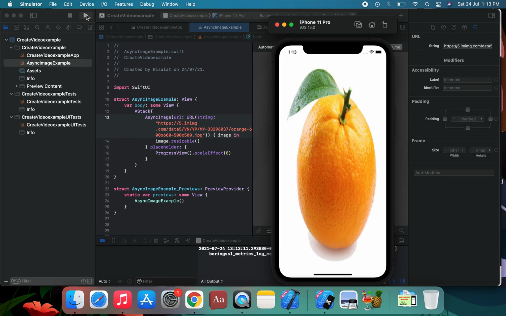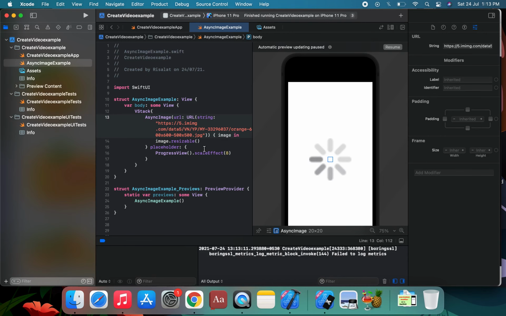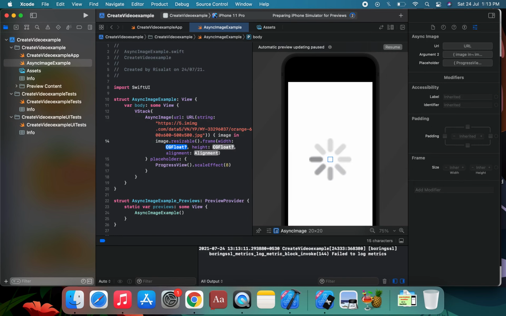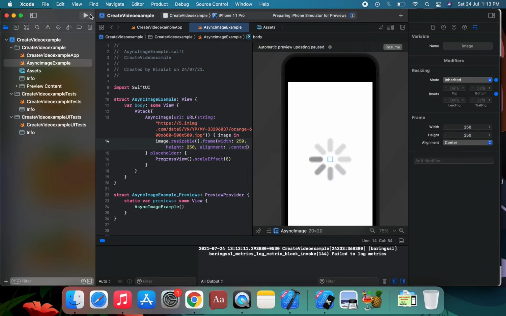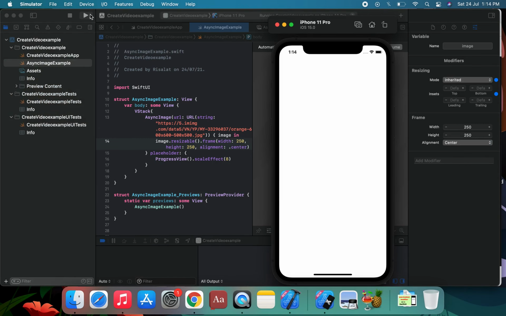In its simplest form, you can just pass a URL. Suppose this image is not well designed. We can apply .frame, a frame of 300 by 250, but it's not applied. It's 250 and 250, with 250 height and 250 width, with .center. We're going to run this application. In this application, the size is 215 height and 250 width. The uploaded server image is 215 height and 215 width, in this UI.